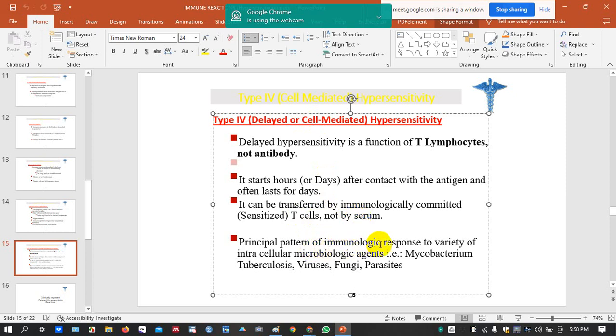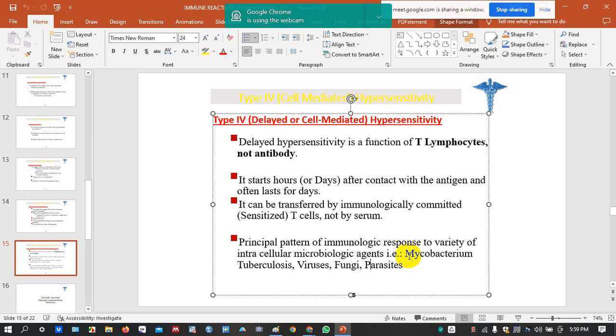It is the principal pattern of immunological response to a variety of intracellular microbiologic agents, that is Mycobacterium tuberculosis, viruses, fungi, and parasites. So, most of the time this one happens in what? Nucleated cells. This type attacks nucleated cells, and it uses the